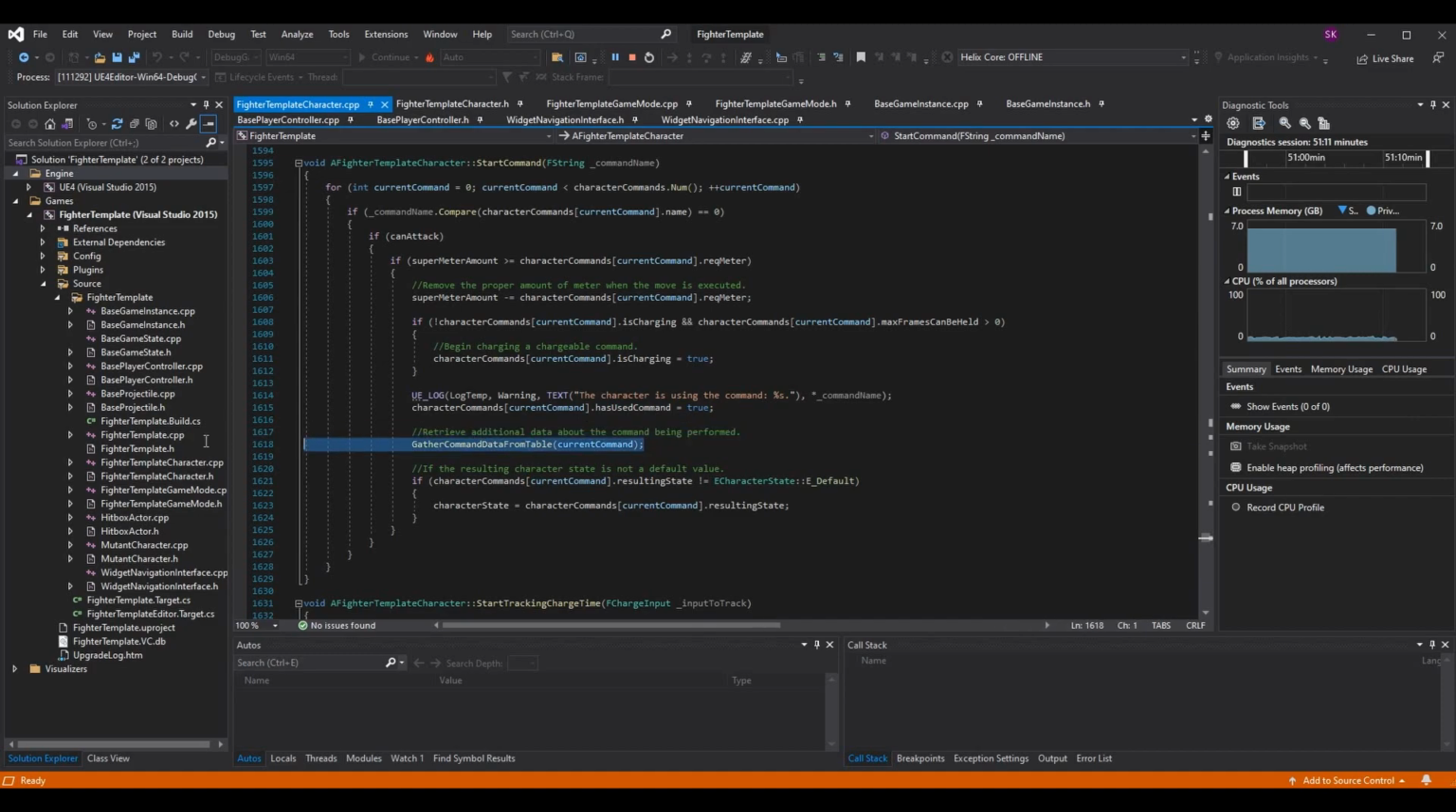Well, right below doing that, I've now called this new function that we have, GatherCommandDataFromTable, and for the index, I passed in CurrentCommand. Notice what CurrentCommand is. It is the index of the for loop here. So the current command we're in within the character commands array while looping through it, that's the index of the command that we're triggering, and that's the index of the command we want to gather the startup, active, and recovery